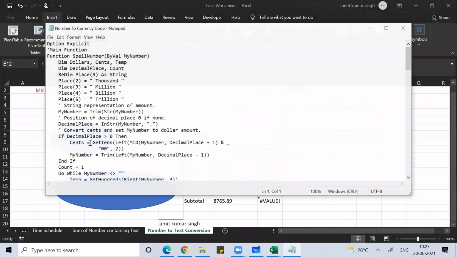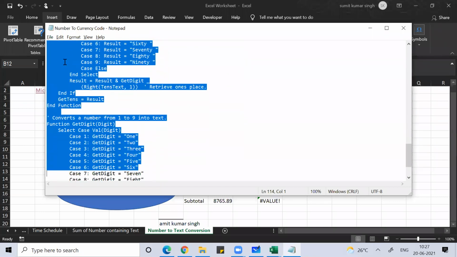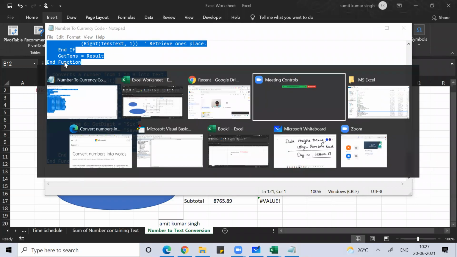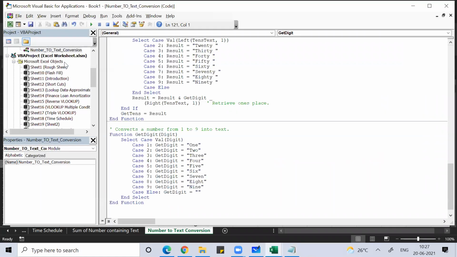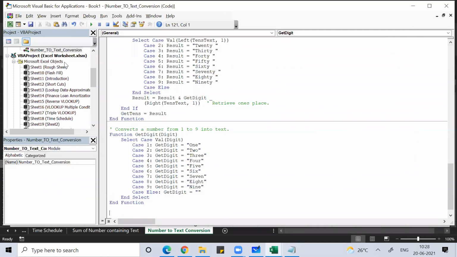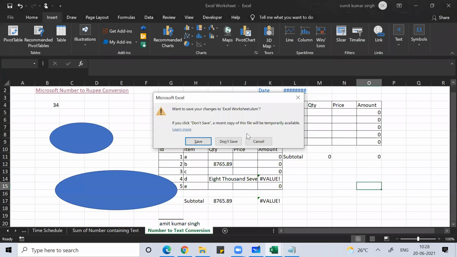What you need to do is copy that link. I told you how you can create a hyperlink and all. You simply copy this link, go to your Visual Basic, and just paste it there. That's it. Once you've pasted it there, you can press Alt Q. This is done.